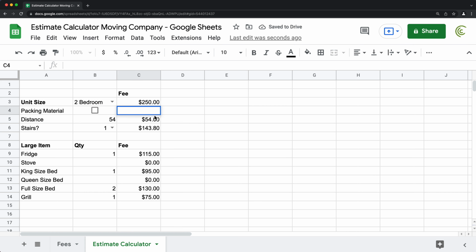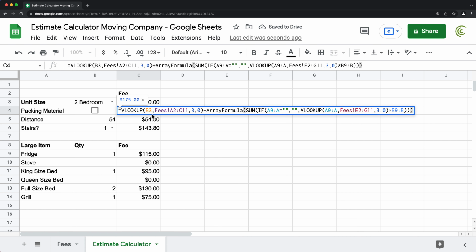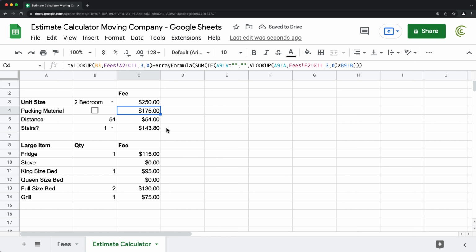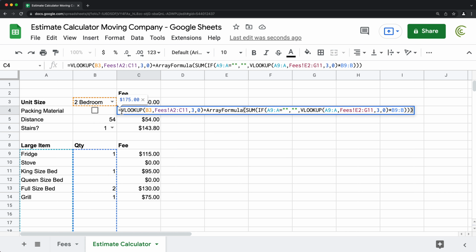I want to have it next to this packing material right there. Now, currently, this is not checked, so this should really be 0. So what I'm going to do, I'm going to grab this whole thing, and I'm going to put that inside of another if function. So I'll do if,